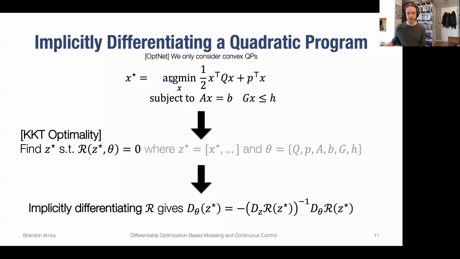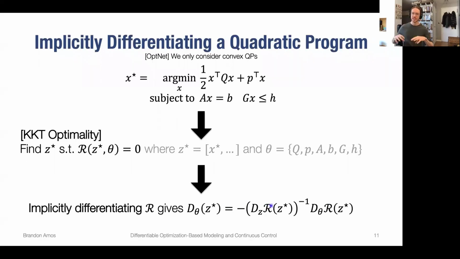In this quadratic program case, we can do this through the KKT conditions directly, where you have this mapping, or this kind of residual of the optimization problem, where you know that if you have some optimal primal point z, and you're at the zero point, then you have a solution to the original optimization problem. And so now this is an implicit function, and we can just apply the implicit function theorem to differentiate through this with respect to the parameters that we care about, which instantiating it looks like this.